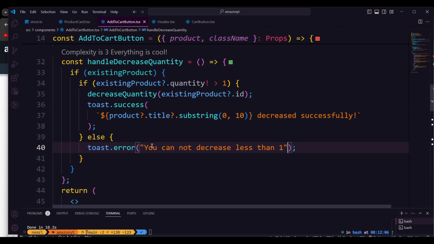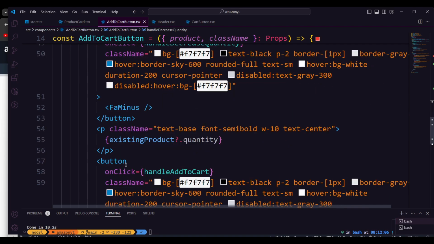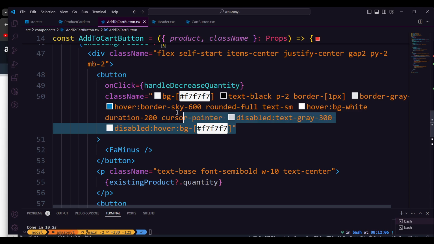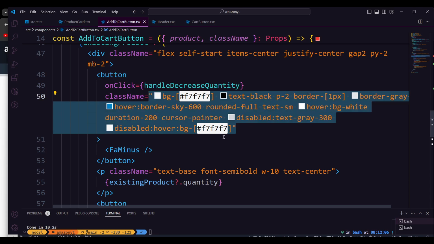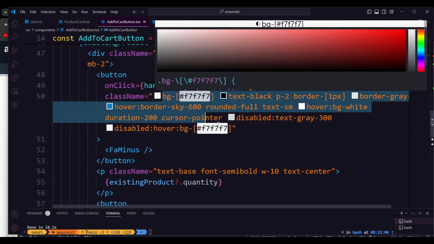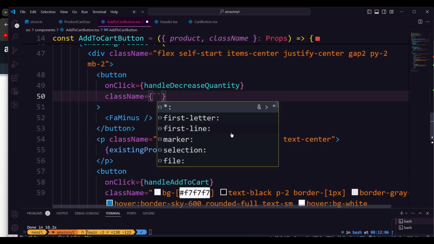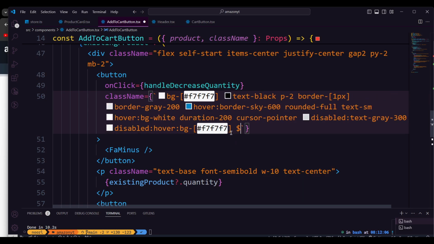And also, if you don't want to pass that, you can even make it unclickable. How can you do that? So first thing first, as you see, that's the method which we are taking here. I'm going to cut it all together. Let's grab it all, and here I'm going to use a backtick. So what I'm going to refer to here is, if product, or we can just make that existing product dot quantity is equal to 1,